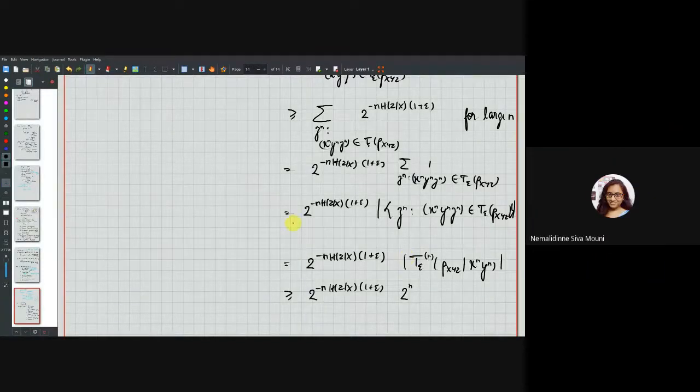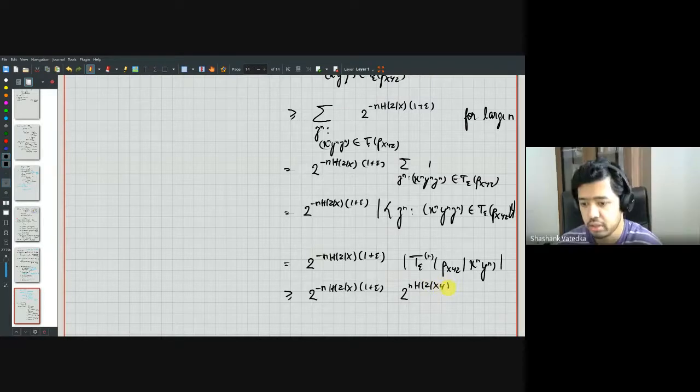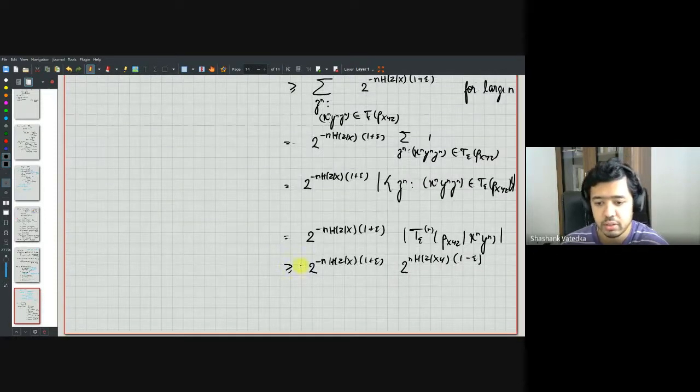2 to the power n h of z given xy. Correct. 2 to the n times 1 minus epsilon h. Correct. So it is times 1 minus epsilon. Good. So we have this, but what is this equal to? It is 2 to the minus n times